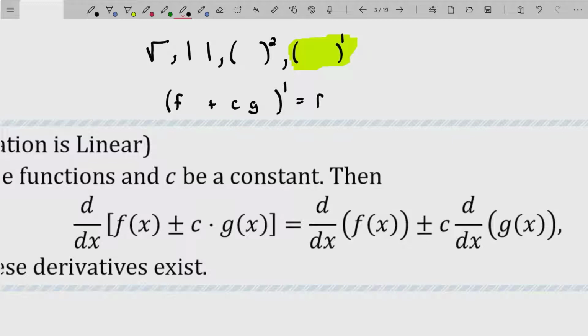So this is going to be the first power of f plus c times the first power of g. So that is this machine called the first power. If I plug in f plus a constant times a different function g, out pops f to the first power plus that constant times g to the first power. That's what we'd call a linear operator, something that preserves addition and scalar multiplication. You do not need to know that for this course, but that's when I say something is linear, that's what